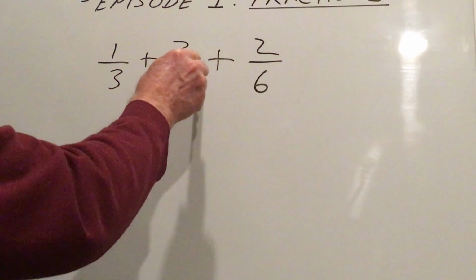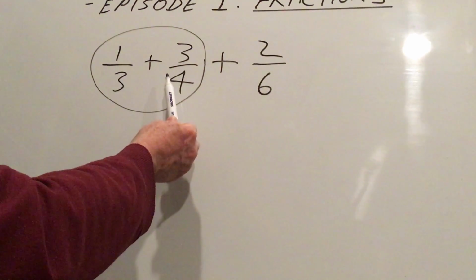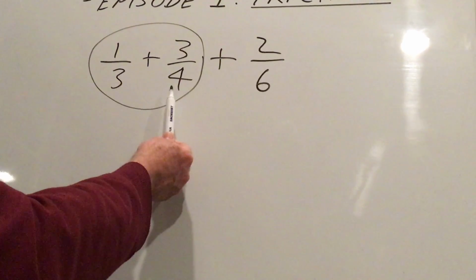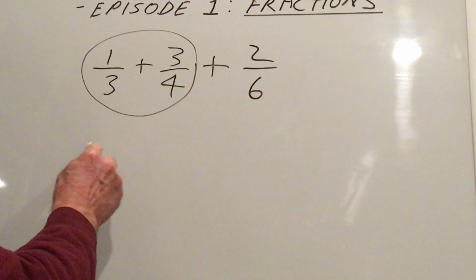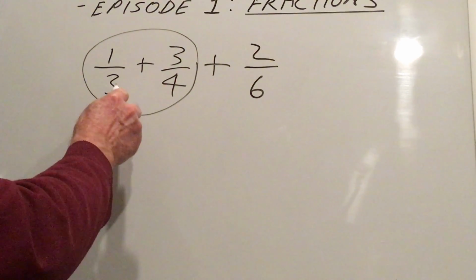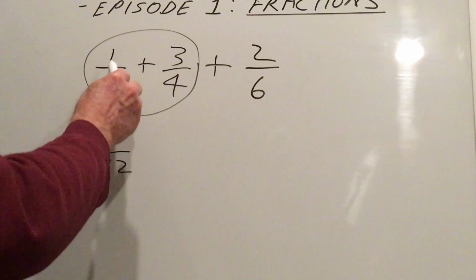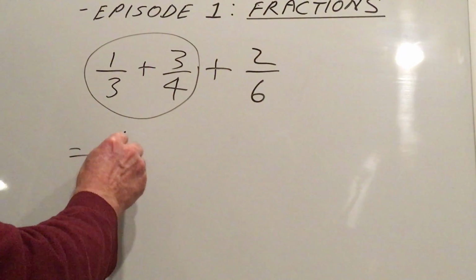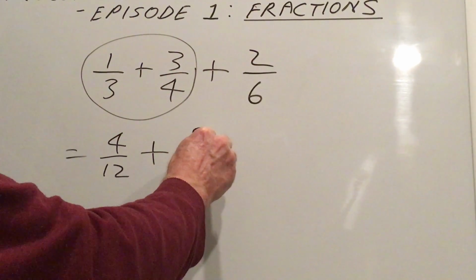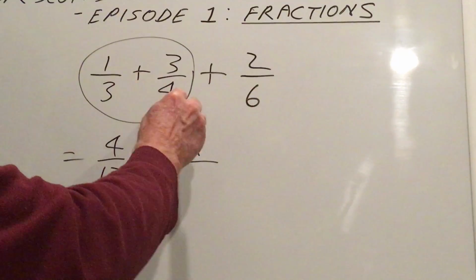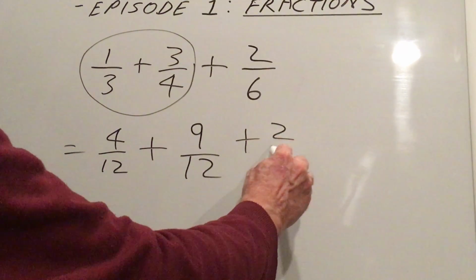Well, why don't we just take these two to begin with? 3 and 4. Well, I think you know what the denominator is going to be there. It's 3 times 4, which is 12. So that will be 4 times 3 is 12. 4 times 1 is 4. Plus 3 times 3 is 9. 3 times 4 is 12. And then we've got plus 2/6,